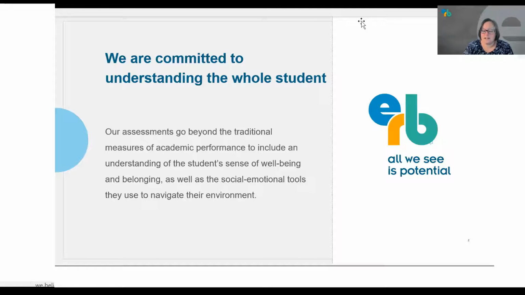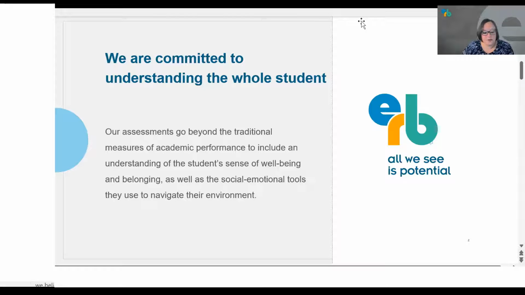With reliable data and valid interpretations, we can best support students' learning needs and aspirations. Our assessments and learning tools go beyond the traditional measures of academic performance to include an understanding of the student's sense of well-being and belonging, as well as the social emotional tools they use to navigate their environment.